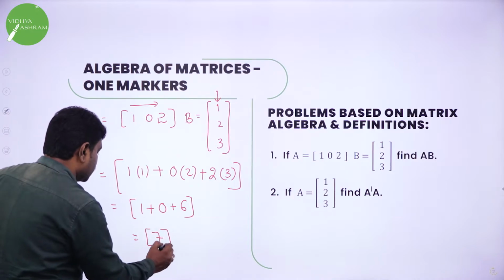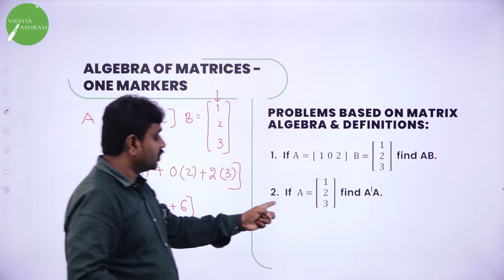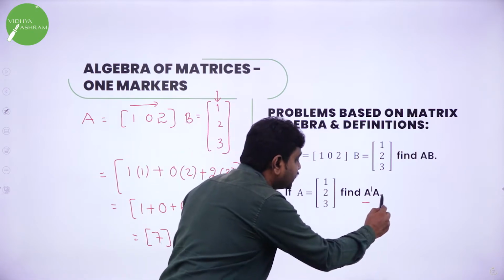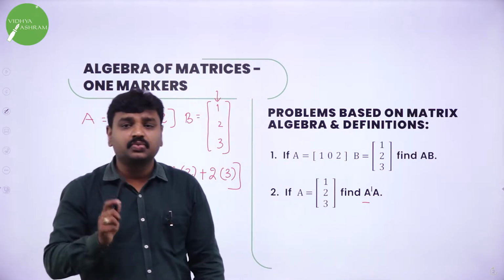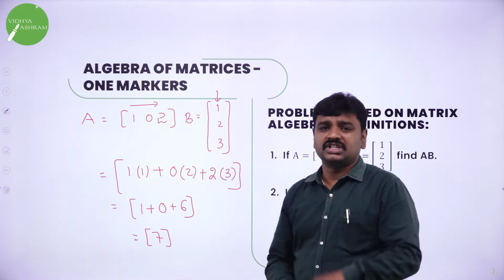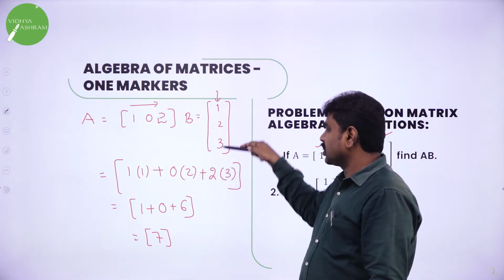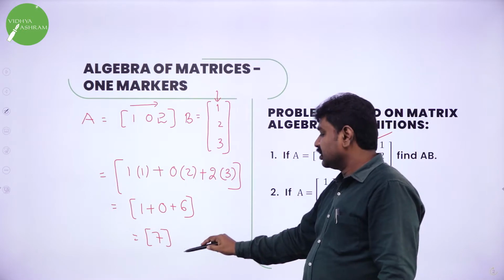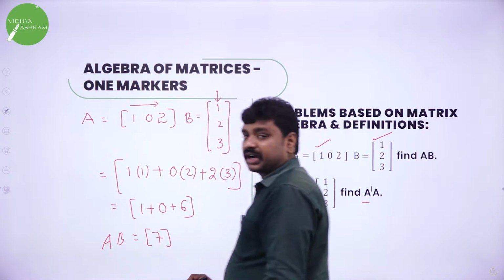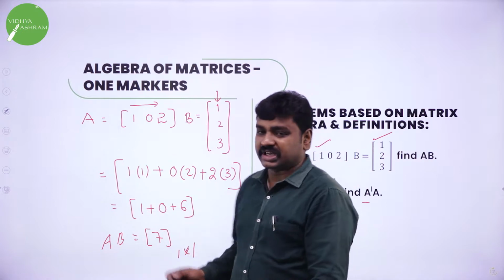So you will get one element. This is 1 cross 1. So this is the answer. Next they told A is 1 2 3. They want you to find A dash into A. What is meant by A dash? All of you know A dash stands for transpose. What is meant by transpose of a matrix? When you interchange rows and columns of a matrix, we will get transpose. Now first they gave A, they gave B, they wanted AB. So first row with first column you multiply, you will get one element. This is the matrix AB. Matrix AB is just 7 in square bracket. This is 1 cross 1, 1 row, 1 column, 1 element. Now I will go to the second problem.